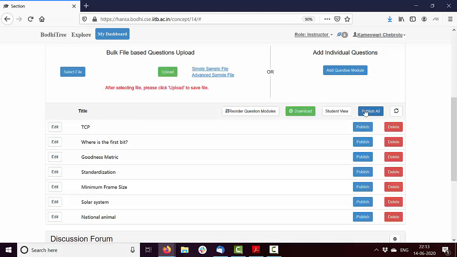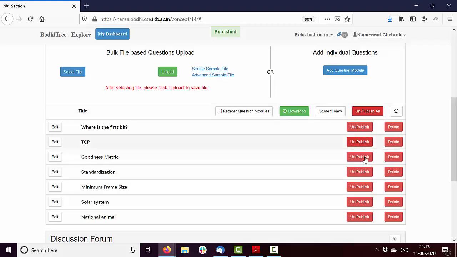So publishing a section automatically does not publish the quizzes or practice problems within a section. You need to explicitly publish all the questions within a particular quiz. So for that, either you can individually publish, selecting what you want to publish, or you can publish all. Only when you publish all are these questions visible for a student to practice.